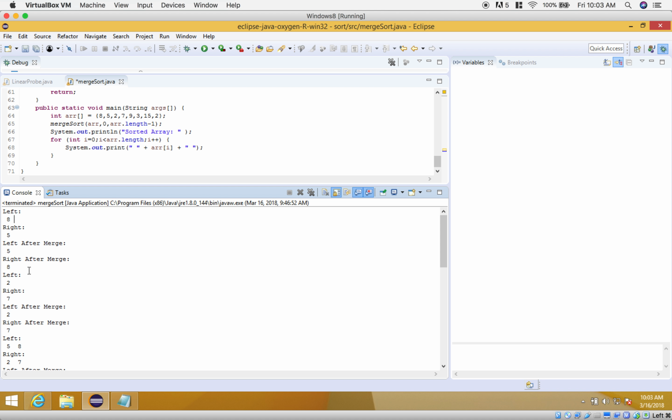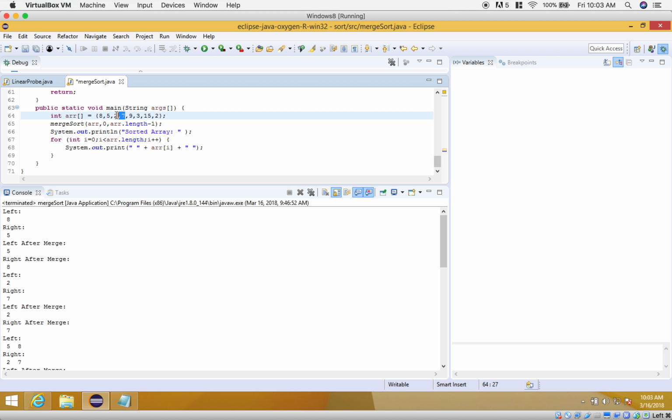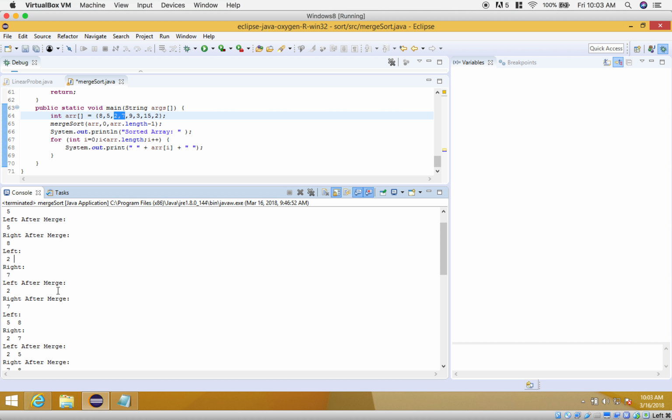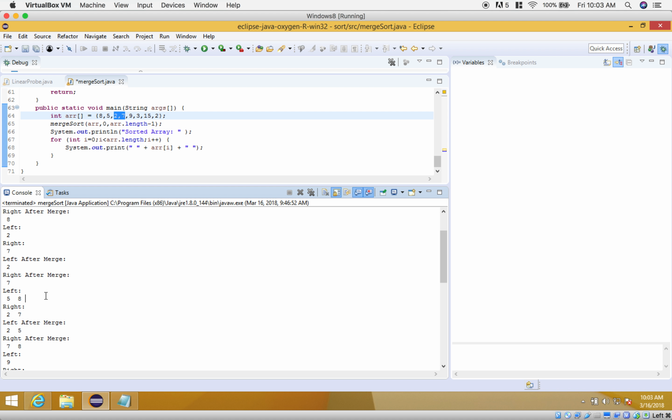So 8, 5, we put 5 first, then 8. Do the same thing with the right. This part, 2, 7. Now we go back up, we return from the previous recursive call,